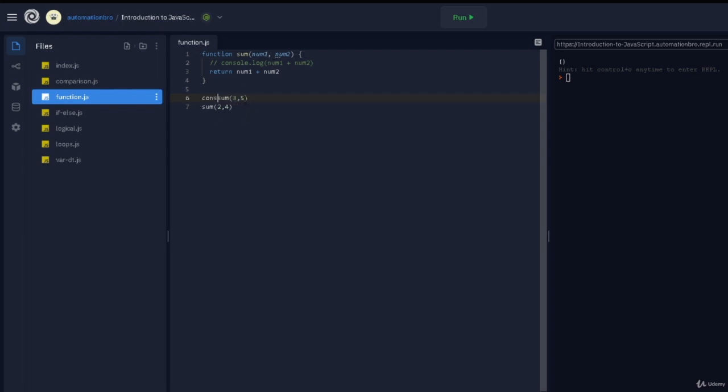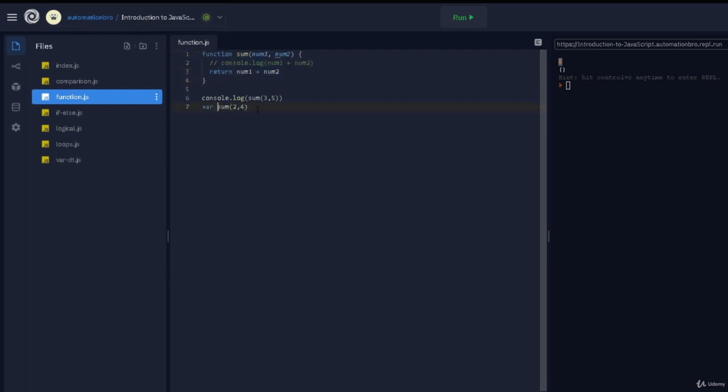So let's say I actually want to print this out. I do console.log, print this out, and if I hit enter, there you go. This time it's actually giving us the value 8. What's happening is this actually returned the whole thing. The value of this converted to 8, and then we are just printing the 8 out. The same way, we can assign this whole thing to a variable.